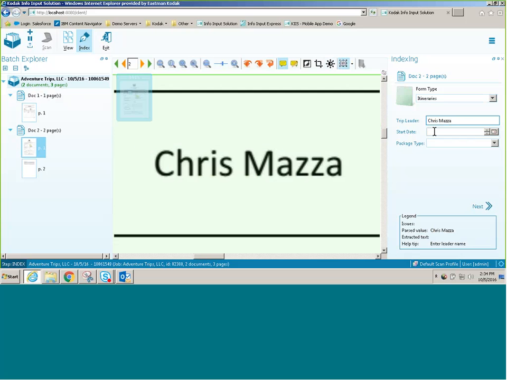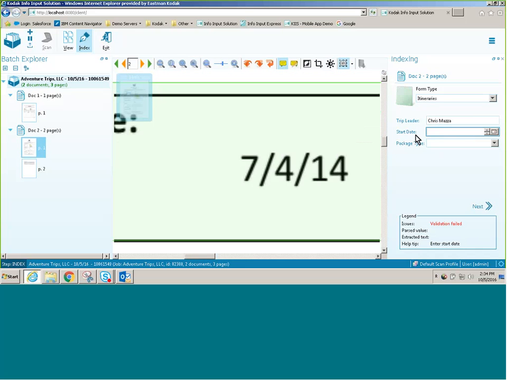We have Chris's name over here. The start date, you notice when I click on that, it automatically goes over to the start date. Now, this is what it looks like if there's a validation error. It comes up in red. You notice when I selected the trip leader's name, Chris Mazza, it came up in black, and it proceeded to